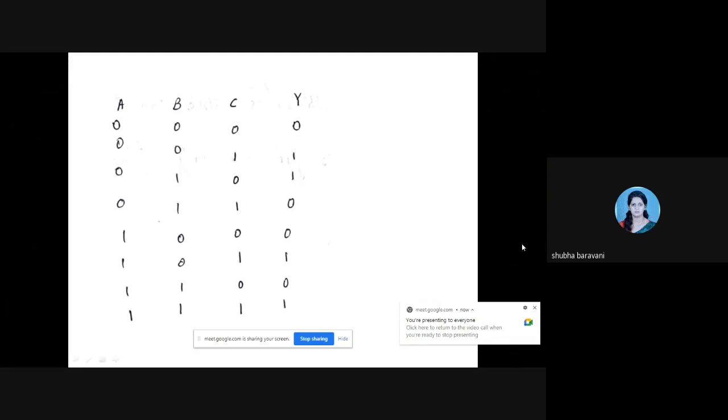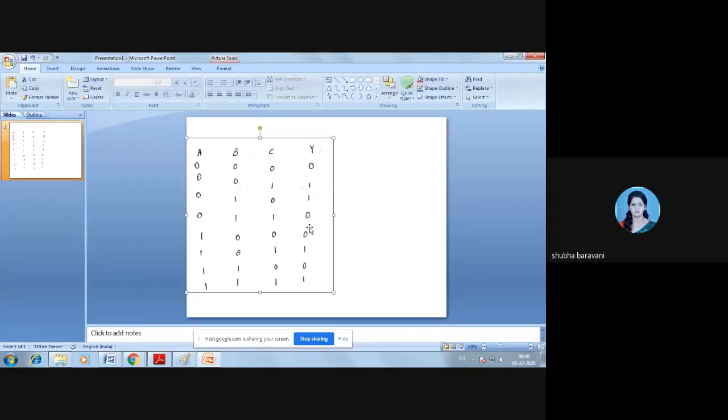You are not speaking, children. Yes, ma'am. Now write the min terms involved here. Who all have written? Tell me the min terms. Which min terms here? Can't you tell by looking at the truth table?